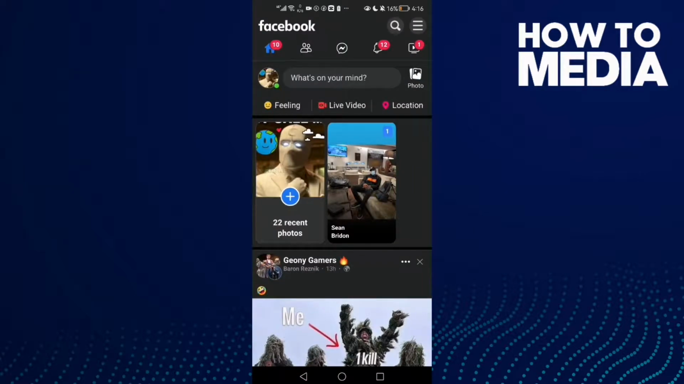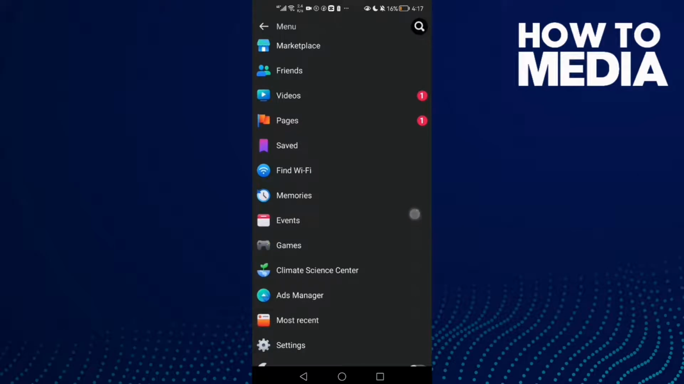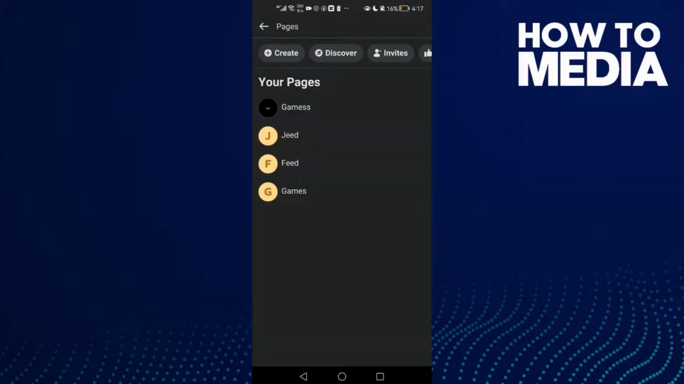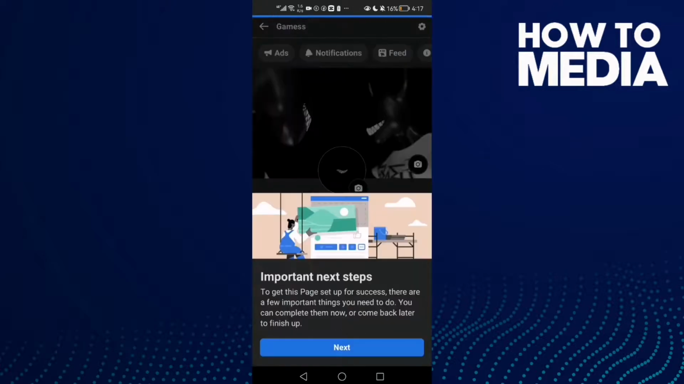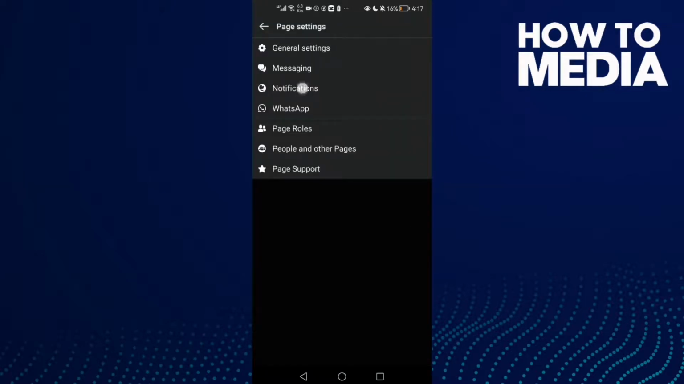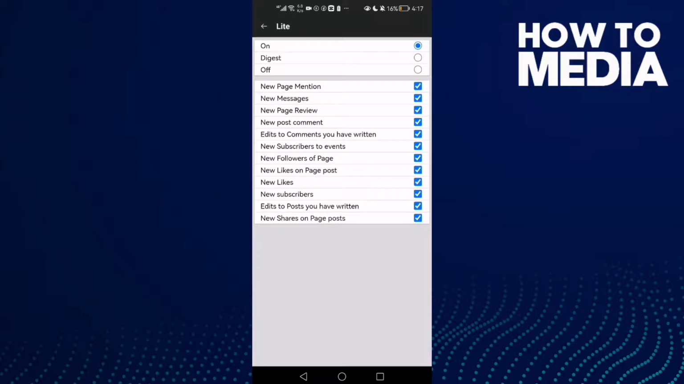Here you will find these three lines in the top corner. Click on it and then scroll down until you find pages, and then click here, select your page and click this settings icon in the top corner and click settings, and now click here, and then all you need to